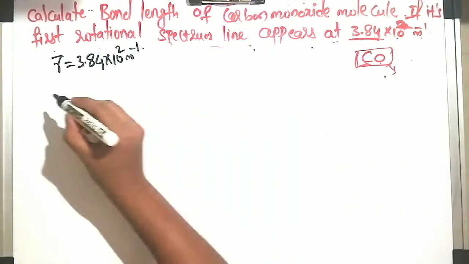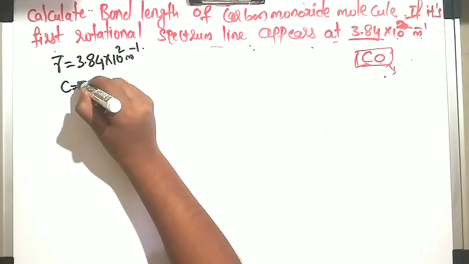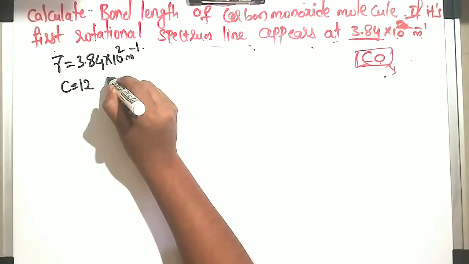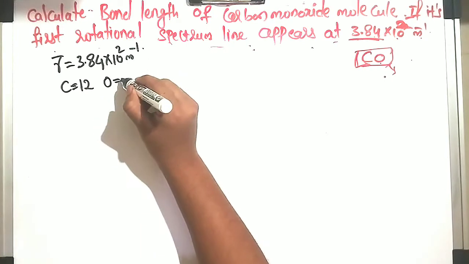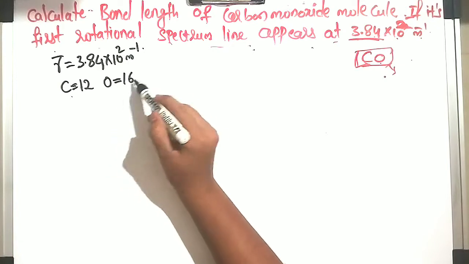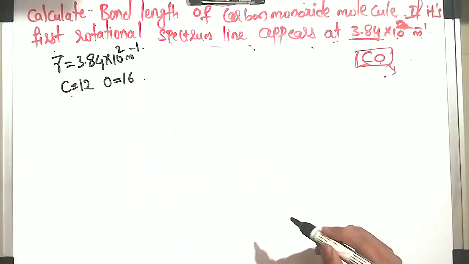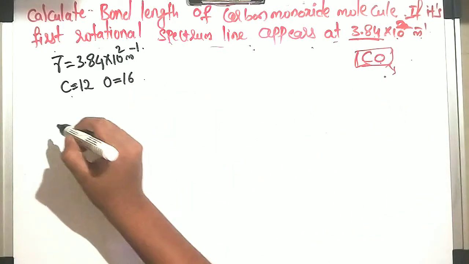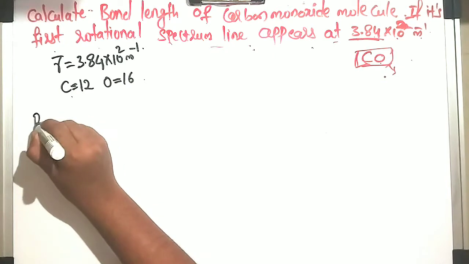So what is the atomic mass of carbon? That is 12. What is oxygen? Oxygen is 16. Okay, the atomic mass of carbon is 12 and oxygen is 16. So first, to calculate the bond length, we should know the reduced mass